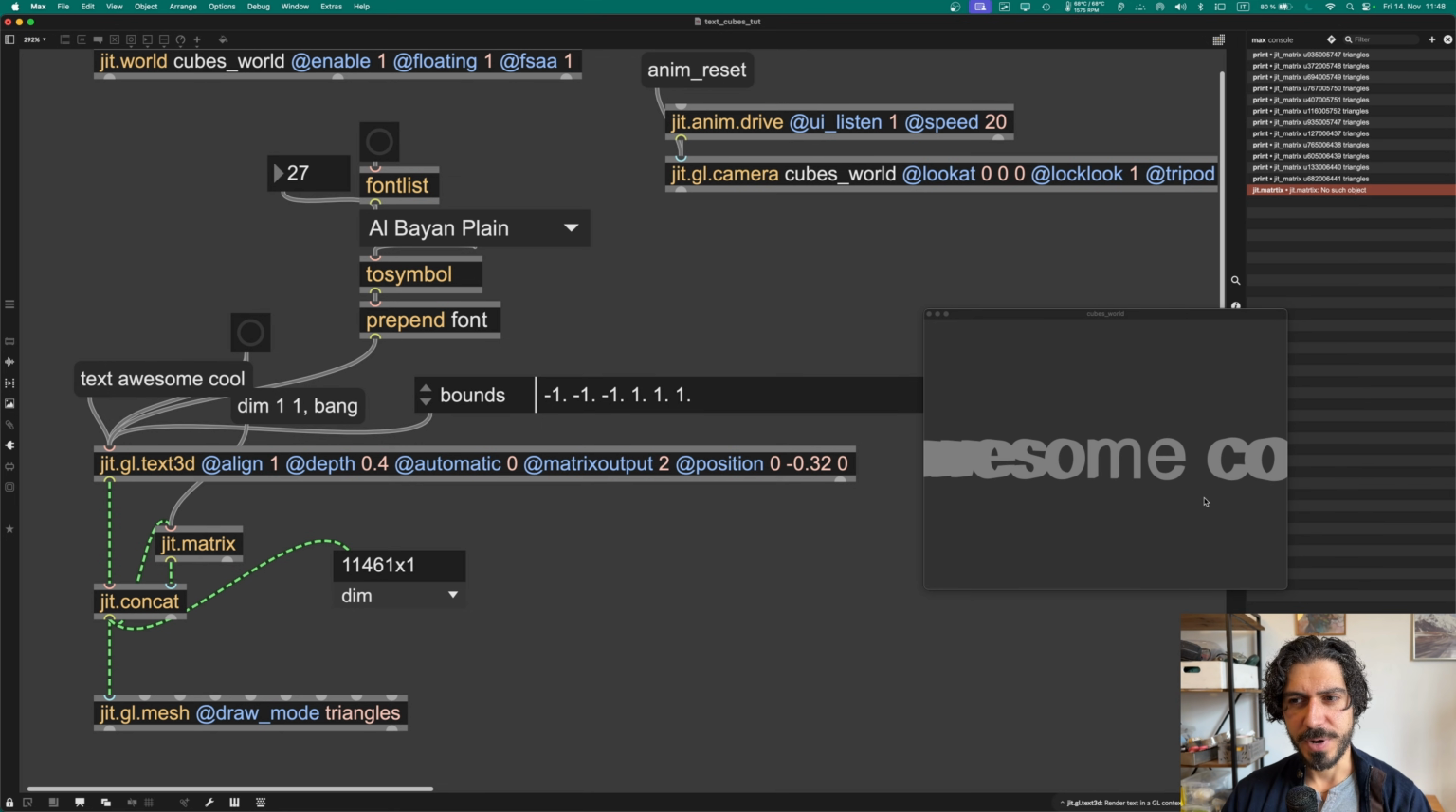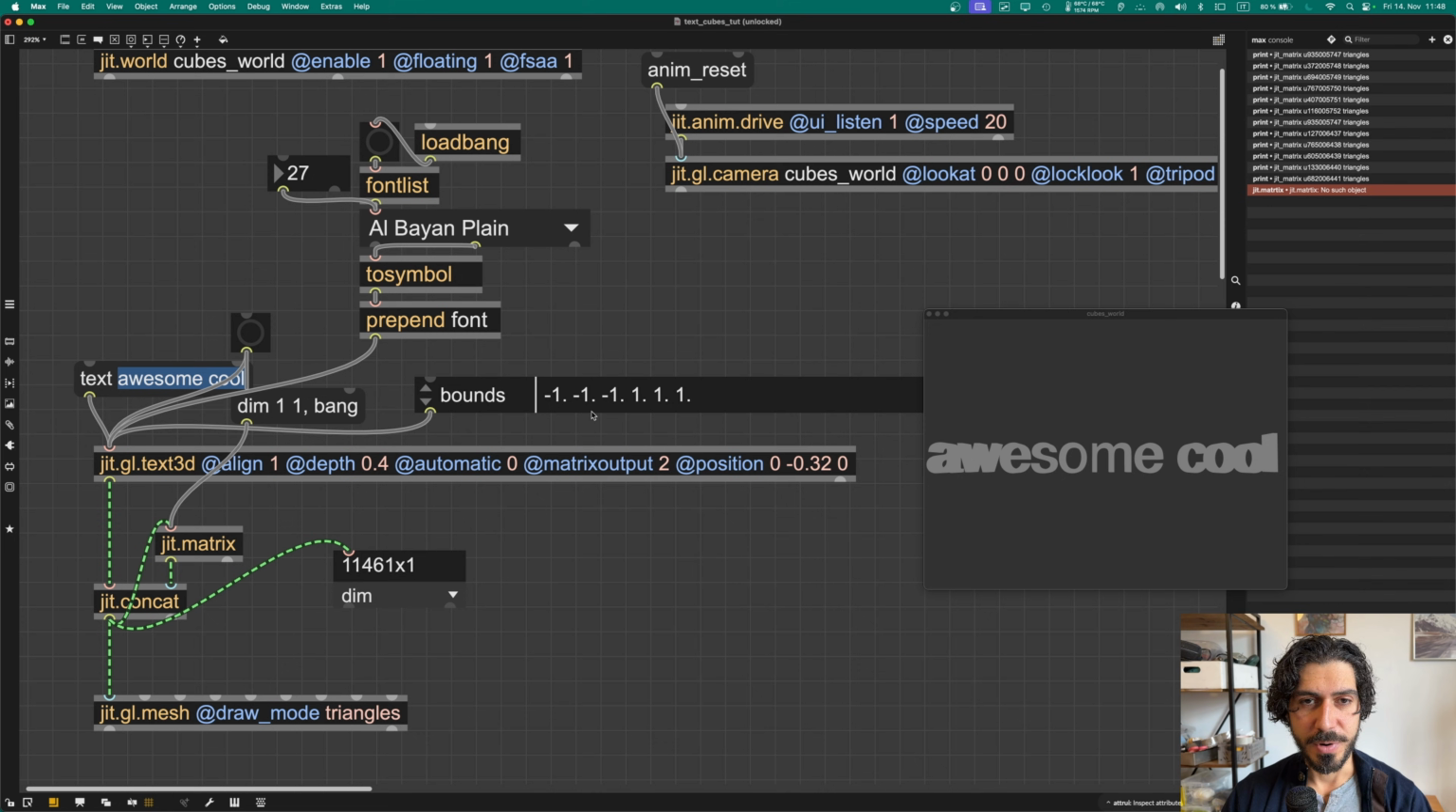I'm just going to try that. And cool, as you can see, this is more vertices because these are more letters. Every letter has a different amount of vertices, so the increase is not linear, but yeah, as you can see, this is more vertices. So I will go back to Max MSP, kind of like that,